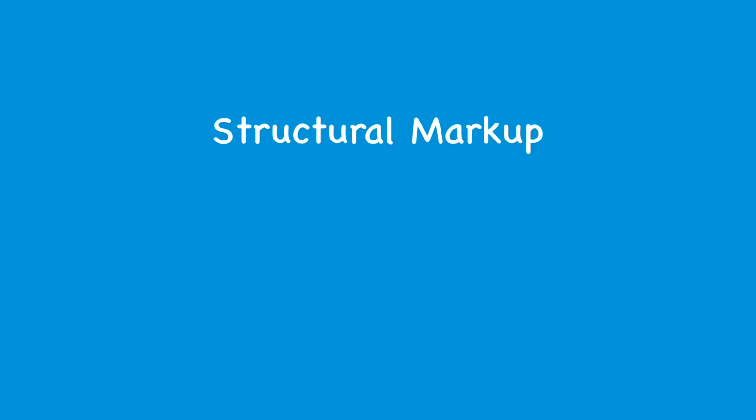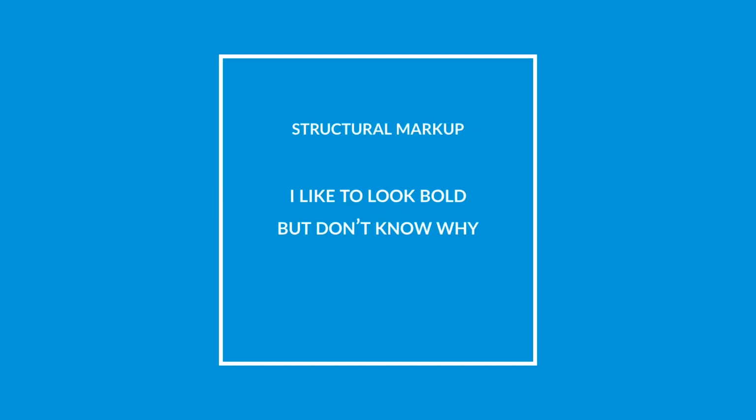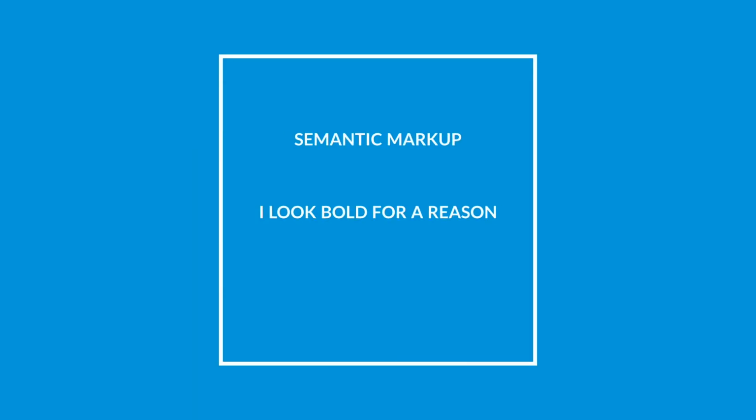There will be a lot of reference to structural and semantic markup or elements in this course, and it is important to understand them. Structure markup is one that gives information about structure of a document or a web page. It provides information about titles, headings, paragraphs, sections, etc. and more focus is on appearance than meaning. Semantic markup is a way of writing a particular text and provides extra information. It focuses more on the meaning or semantics of a text rather than a structure or appearance.